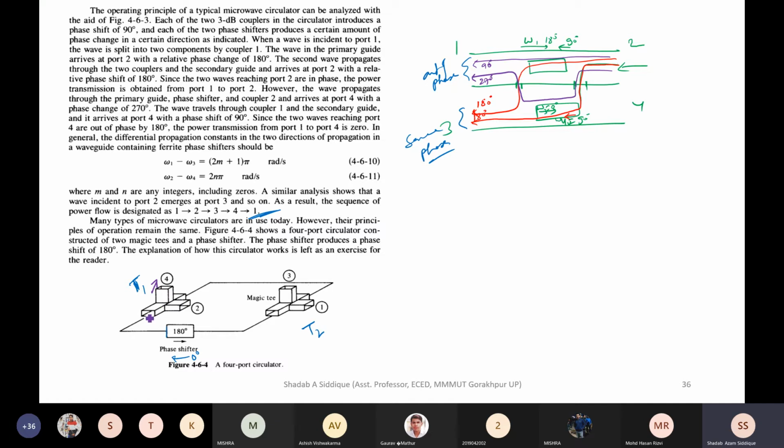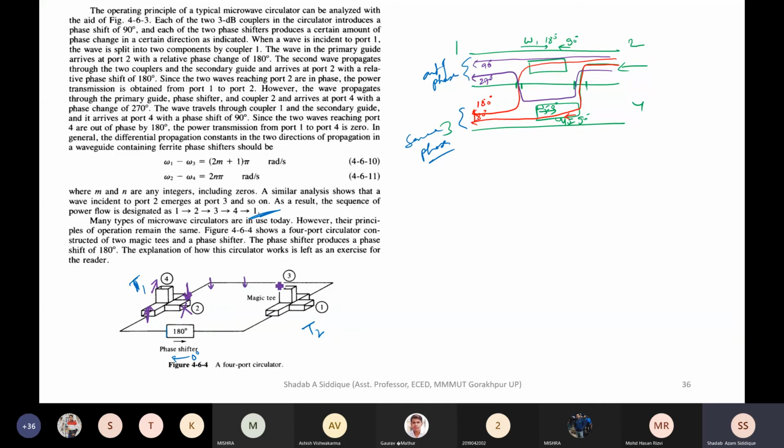You know, these two will be 180 degrees out of phase. When we apply input from the E arm, these two collinear arm ports will be out of phase. So we will get this one and this one in the downward direction. This collinear arm will not get it, because this is isolated. This port and this port, E arm and H arm, are isolated. So when we apply input from port 4, we will get output at the collinear arms, but that will be out of phase by 180 degrees.